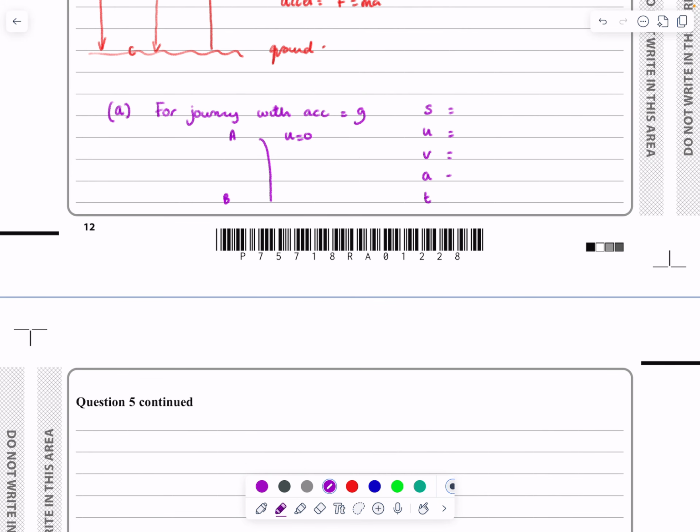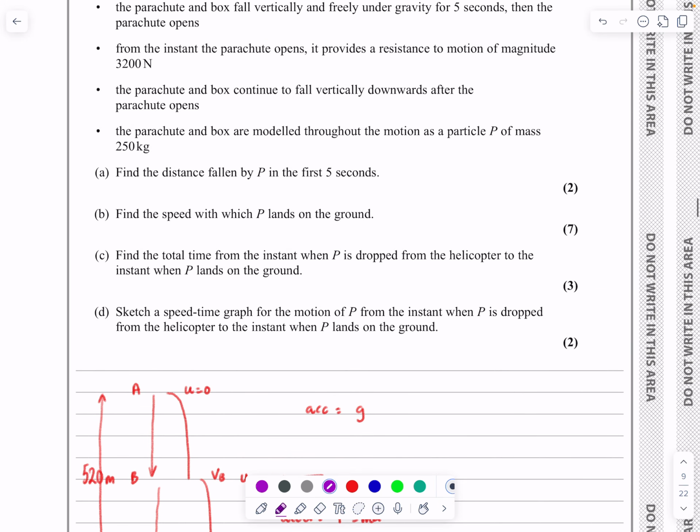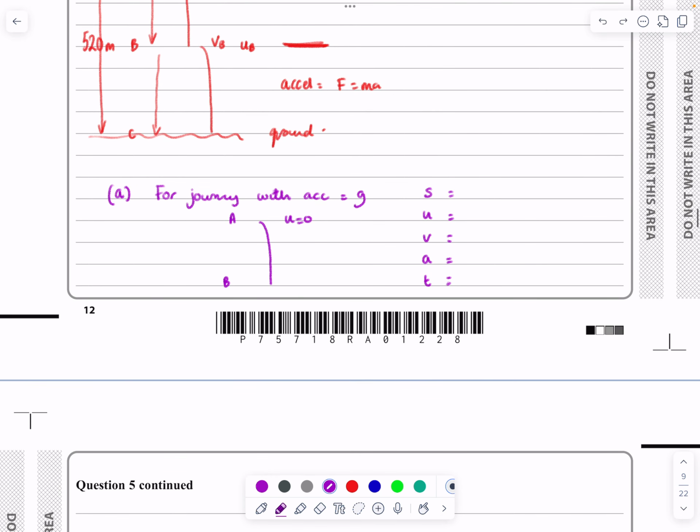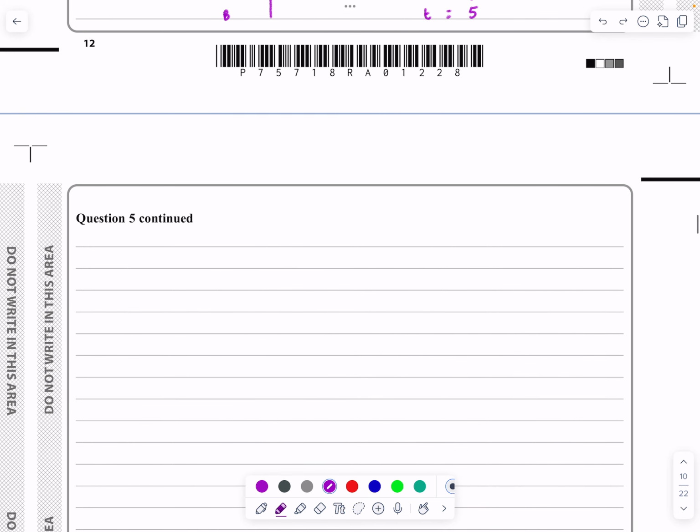And what they're asking for in the first part, let's just go back and look at the question. They want the distance fallen to start off with, okay? So if they want the distance fallen, then that's going to be my s. I know u is equal to 0. v, I've got no idea what that is. a is acceleration due to gravity, g, and we know it takes 5 seconds there. So if I want to work out s, given u, a, and t, it's absolutely no problem at all. I can use one of my